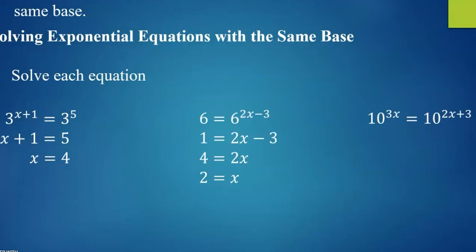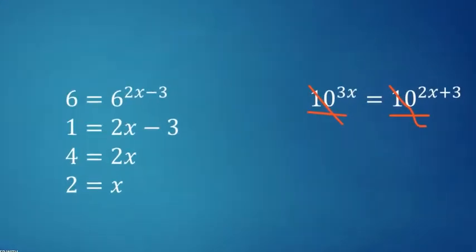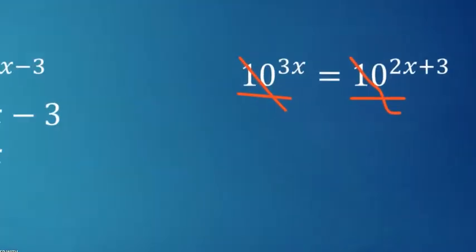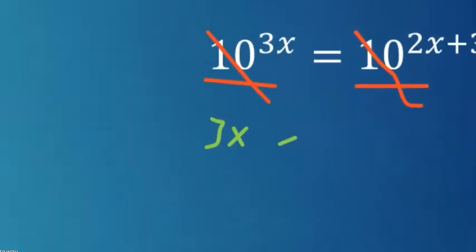And there is as well the third example. As you know, there is the same base. It means here there is a 10 and there is a 10. So 10 and 10 are cancelled out. So there we have only exponents. That exponents is equal to what? Just 3x equal to